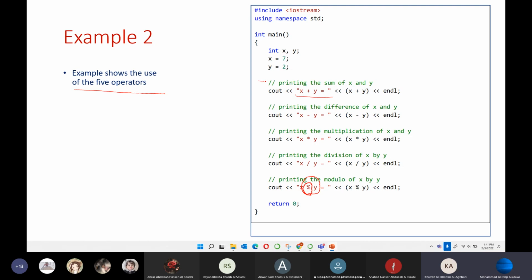These are comments, by the way, okay? Printing the difference between x and y, cout x minus y equals x minus y, endl, cout x times y equal and x times y, and x divided by y. I don't know the result, so it's better if we write this code. Okay, I will write this code